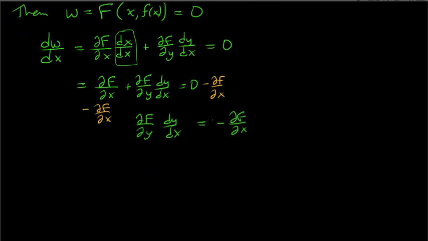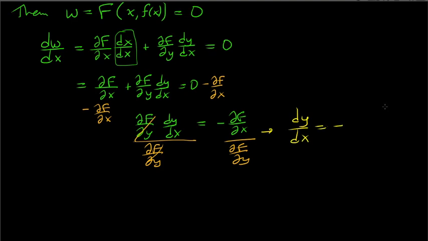So now we just divide both sides by the y partial of f. So these cancel, and we end up with, well, I'll write it over here. The derivative of y is just negative partial of f with respect to x divided by partial of f